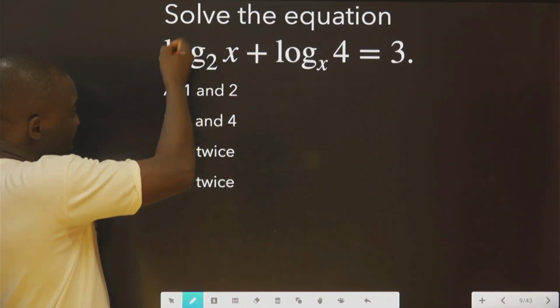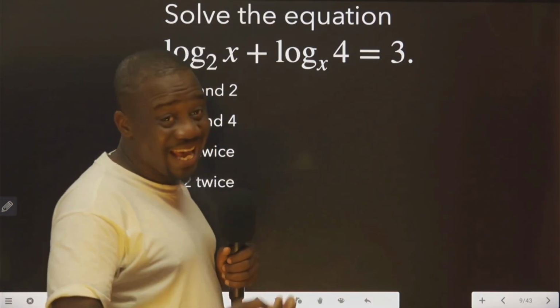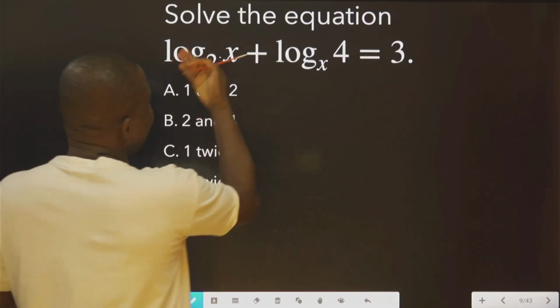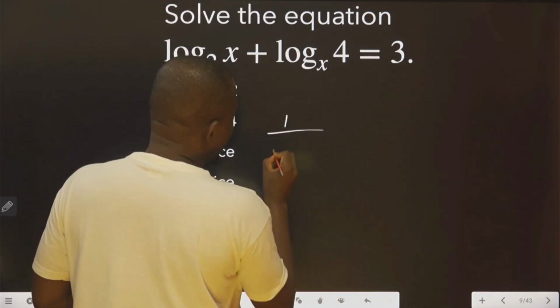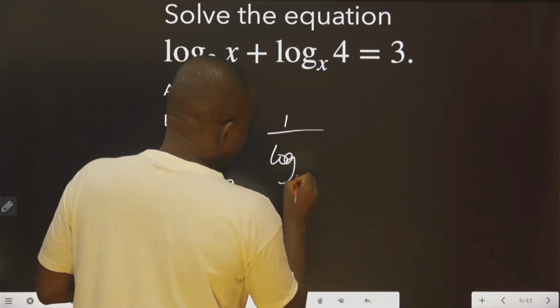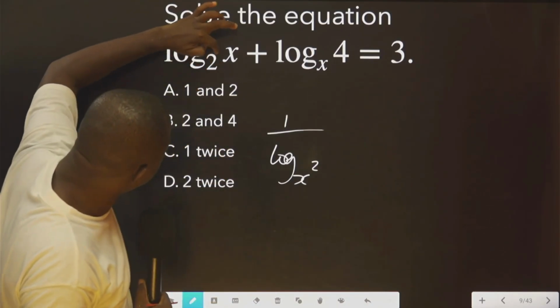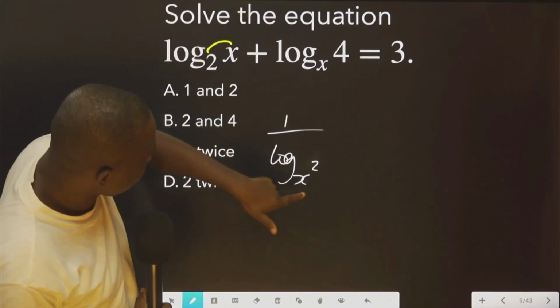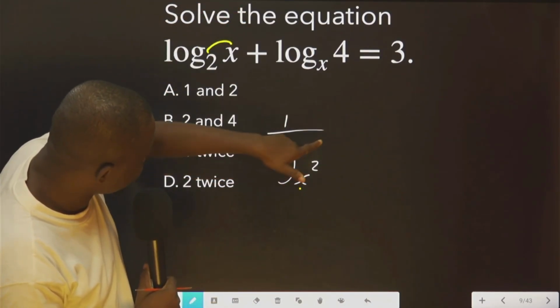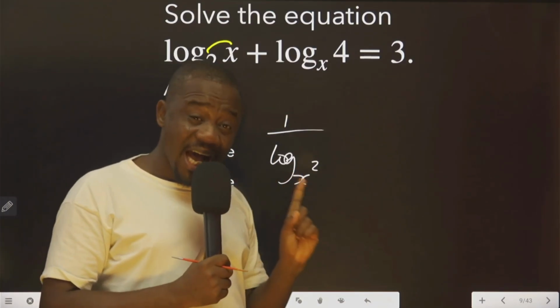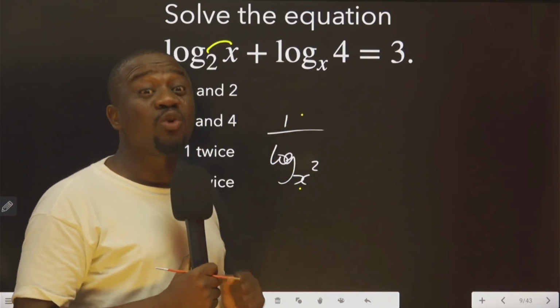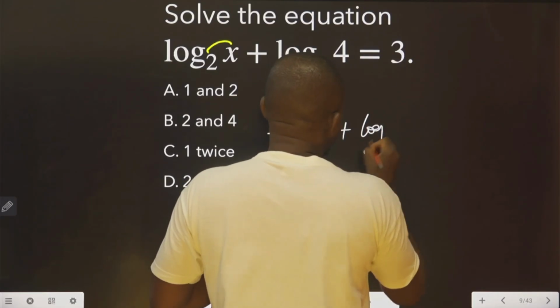Let's say we want to make all of them to have base x. If you want to make this base x, you simply do 1 over log x to the base 2. Change the base. So you can see we swap it now. We are swapping the position. x is taking the place of 2. 2 is taking the place of x. Because of that action, you have to introduce 1 over. We put this